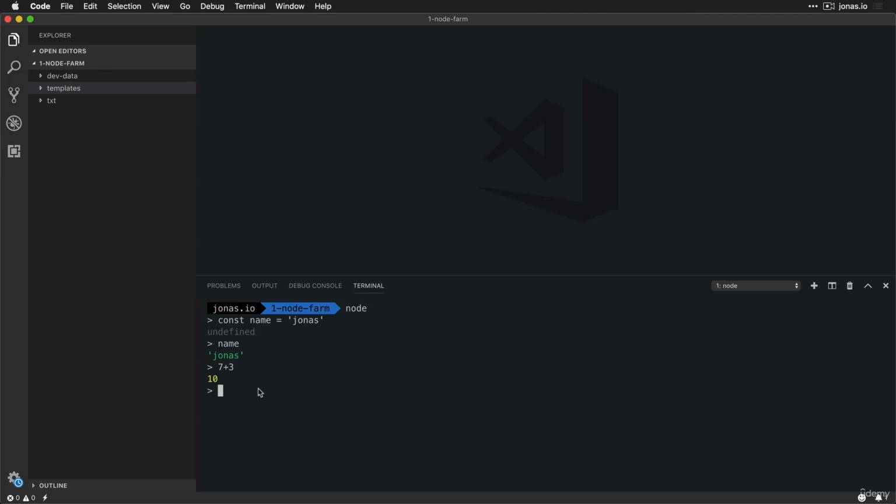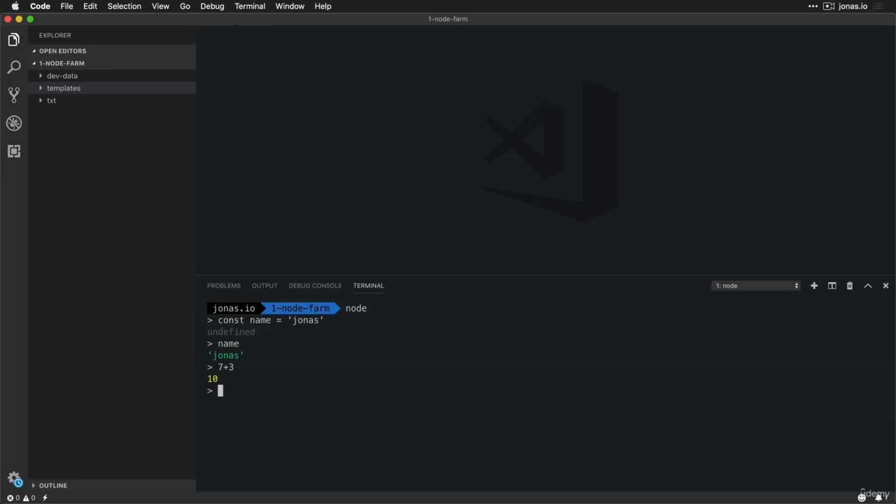Okay, so any JavaScript will work. And you see that we actually defined this variable here using const. So that is ES6, and that is absolutely no problem in Node.js. So it supports ES6 in all the newer versions out of the box without any problem. That's because we're not running this JavaScript in any browser, but it will always run on the server. Okay, so in fact, we just took JavaScript out of the browser and we're running it inside of this Node